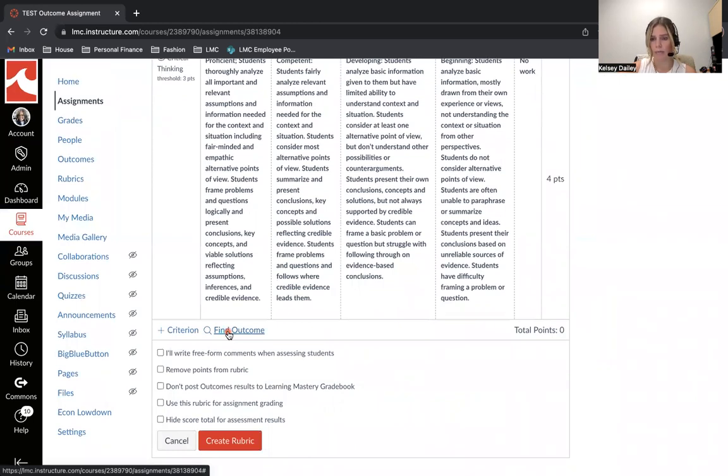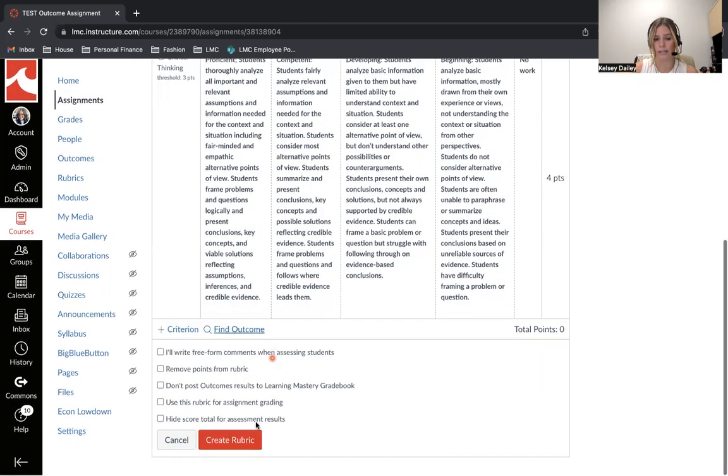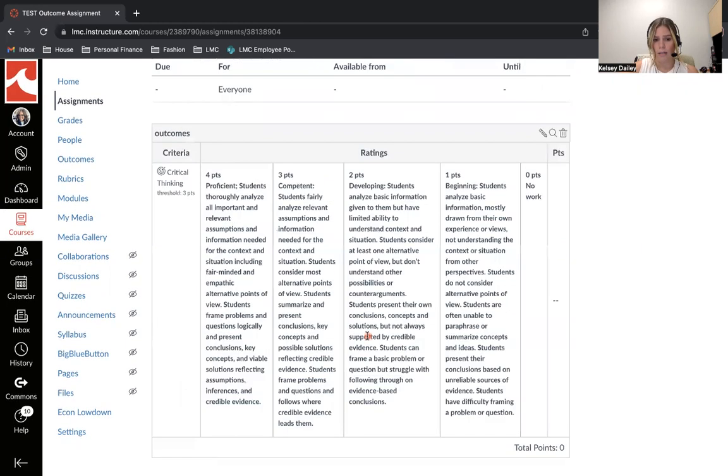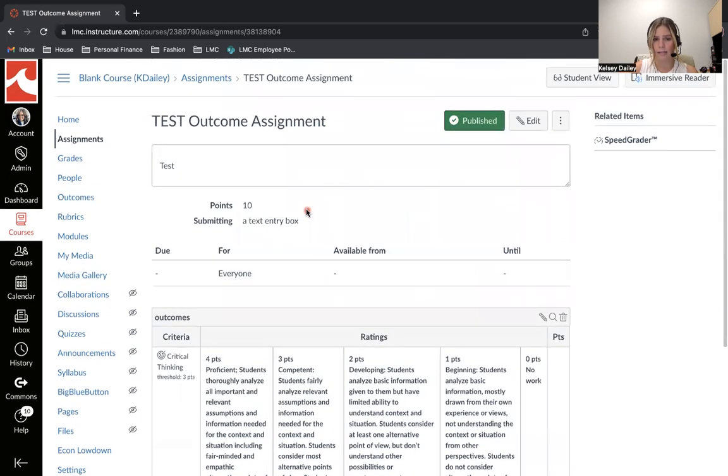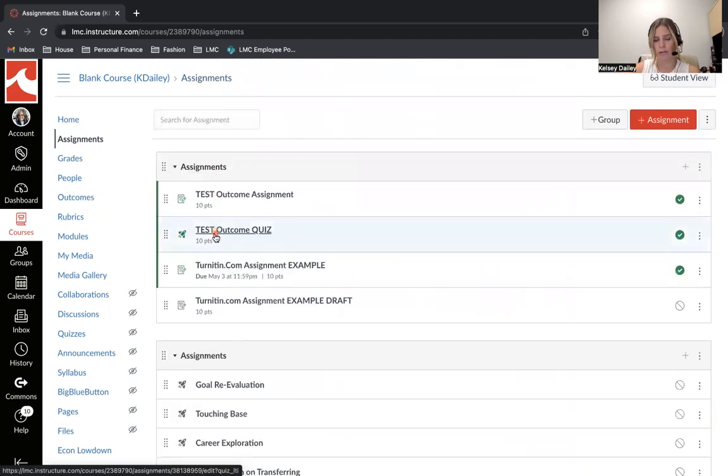You can add as many of those outcomes as you'd like, as well as any program or disciplinary outcomes that you and your department have discussed. But for this example, I'm going to finish up. You don't need to select any of these. If you want, you can, whatever your purpose may be, but for this demonstration, that's pretty simple. And that is done. So to add an outcome to a quiz in Canvas, I've already created this quiz in